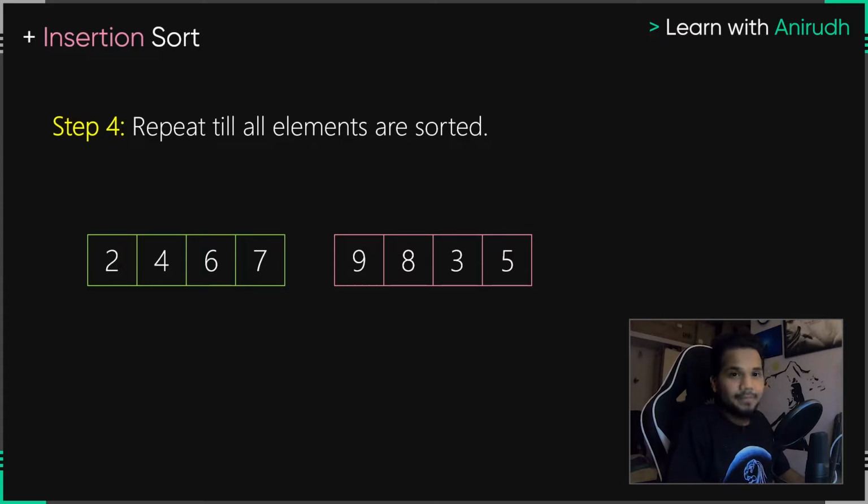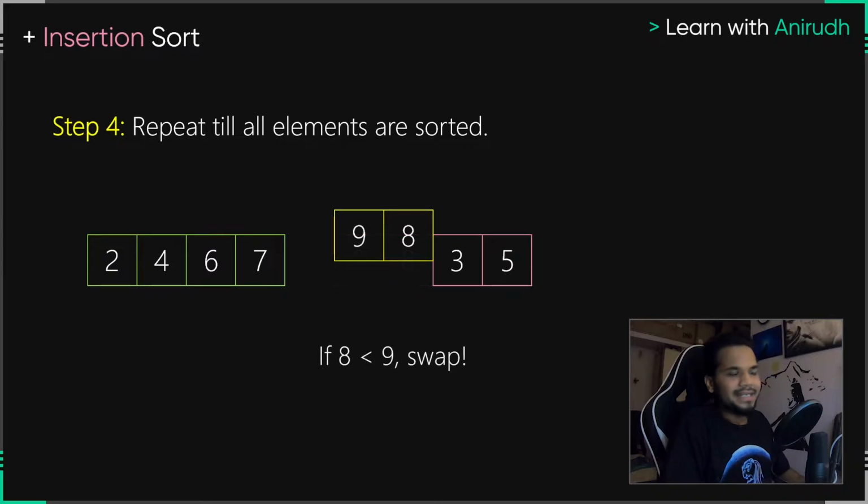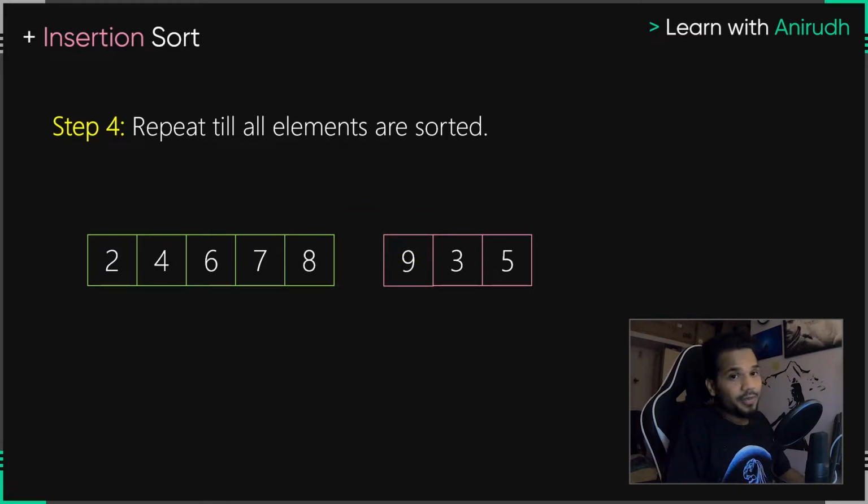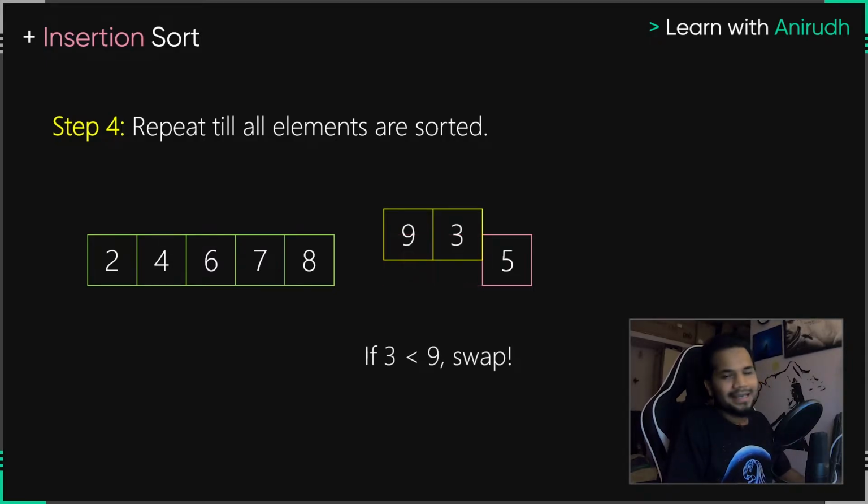And as soon as that is done, we repeat the entire thing again. We go to 9 and 8. We check if 8 is less than 9. If 8 is less than 9, we swap. In this case, yes, 8 is less than 9. Swap it. What do we do after swapping? We take 8 and we throw it out onto the new list. Done. Now 8 is going to be compared with 7 and the algorithm tells Python, hey, 8 is already in its final place. Don't mess around with that. So insertion sort says, okay, I won't mess around with that. I'm going to mess around with everything else. We're going to come back again. We're going to compare. Is 3 less than 9? What is the answer to that?